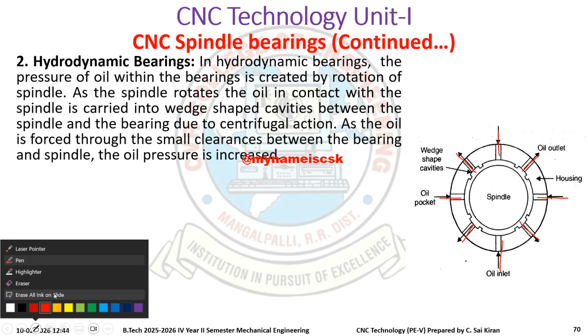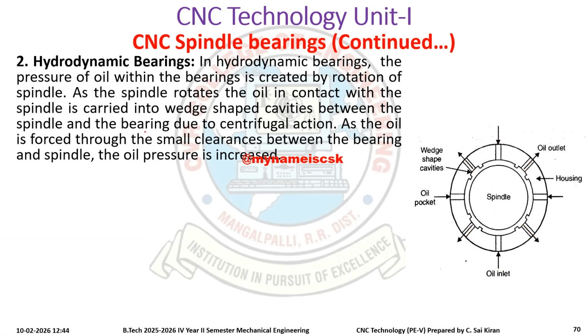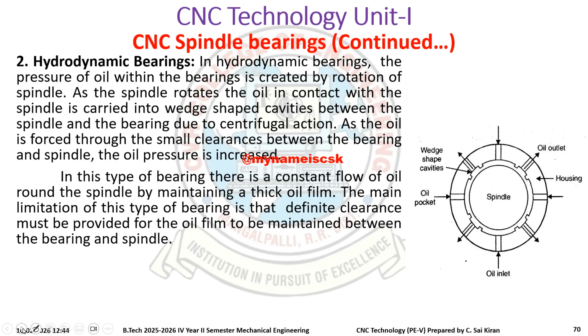Whenever the spindle is rotating, oil is carried into the wedge shaped cavities between the bearing and the spindle, and we provide a small clearance so that the oil pressure is increased. This type of bearing has a constant flow of oil, and the main limitation of this type is the clearance